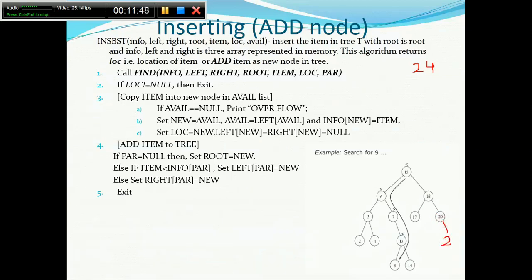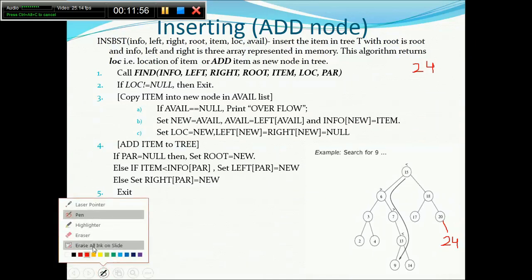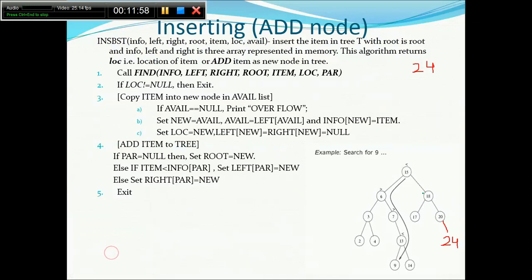Depending on the height, in an average case it would be order of log n base 2. If it is a skewed tree, the complexity will jump up to order of n. This would be the parent after insertion. And for how the find algorithm works, make sure you check the previous video where you will see how the find algorithm actually works.